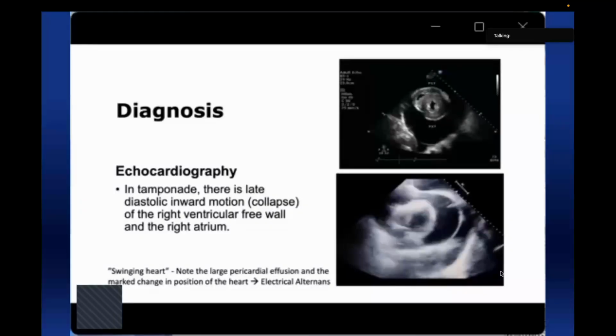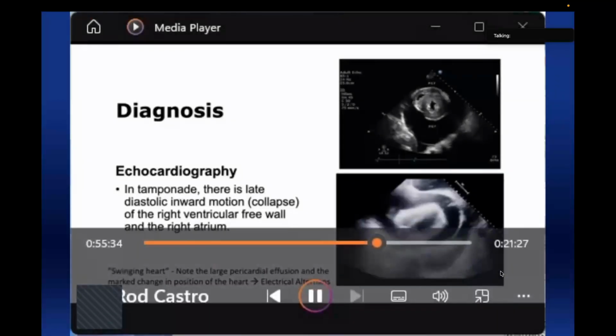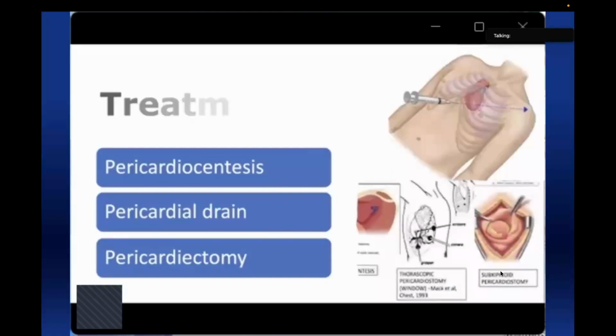Diagnosis of your tamponade, there is late diastolic inward motion or collapse of the right ventricular free wall and the right atrium. Okay, so there's swinging heart. Note that the large pericardial effusion and the marked change in position of the heart can cause electrical alternans, as shown in the ECG earlier. Treatment, you have to do pericardiocentesis, pericardial drain, or do